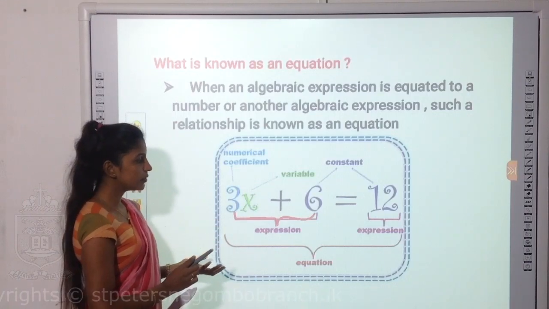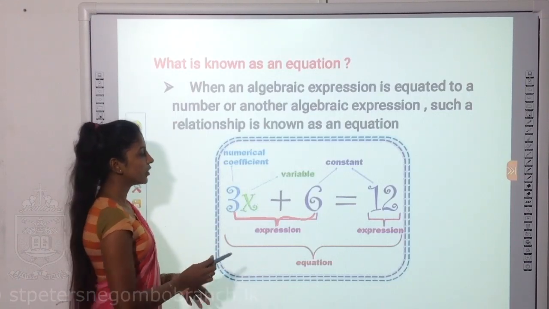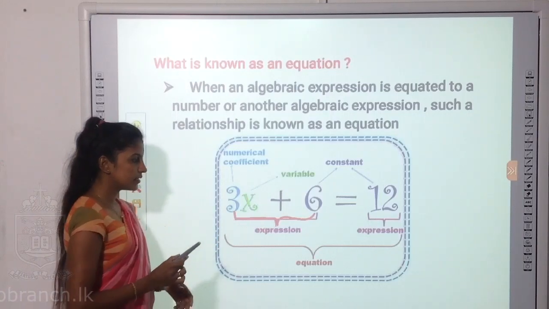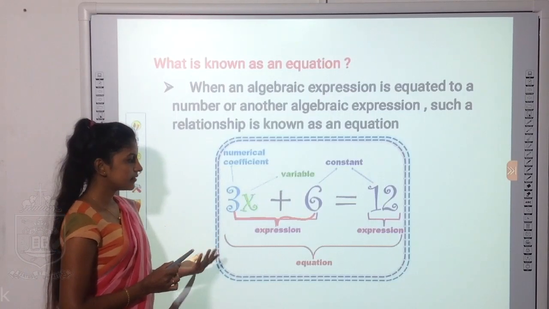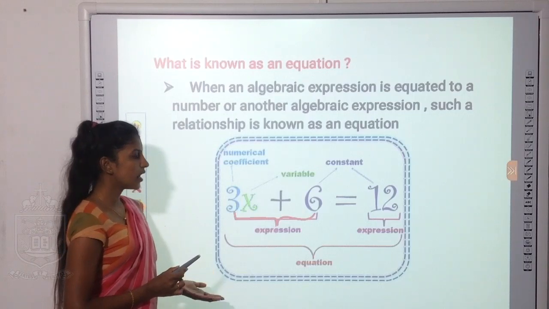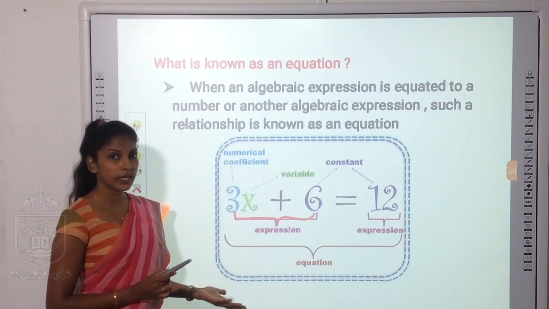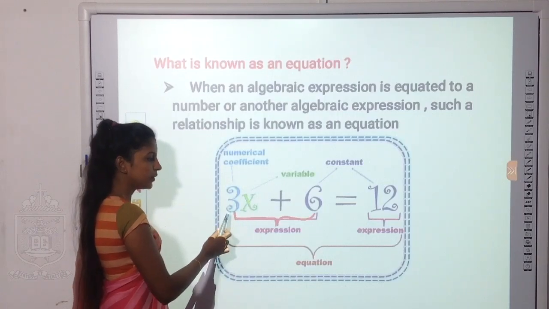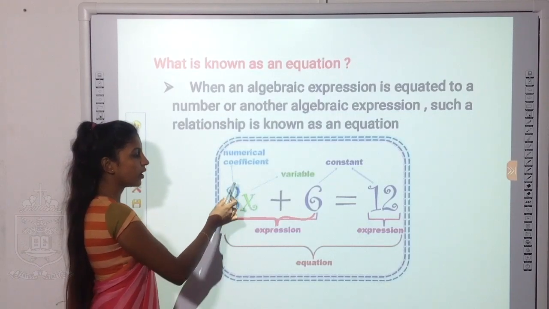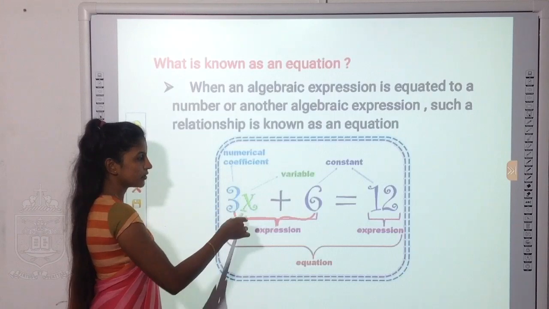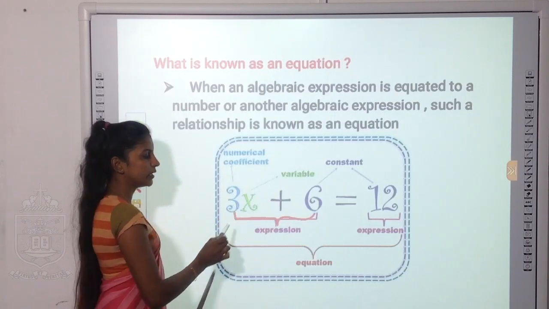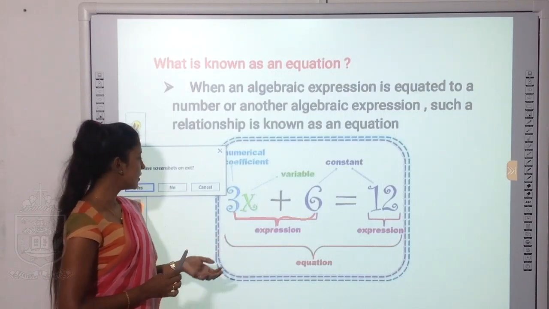Right. So to talk about the parts of an equation, you all can see an unknown number is there. That is represented using a simple letter, that is simply x. Okay, so that is the unknown number which we call a variable. And you all can see a number which is multiplied with the variable. Okay, we call it a coefficient, that is the numerical number. So that numerical number is multiplied by the variable, so we call it a coefficient.